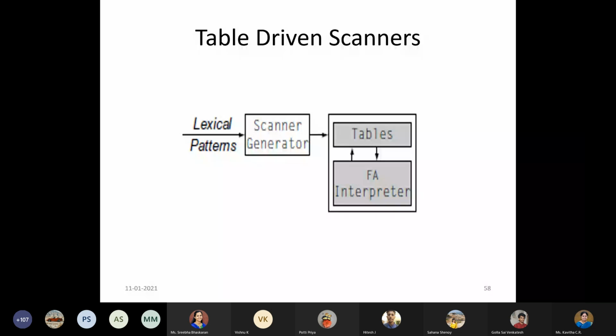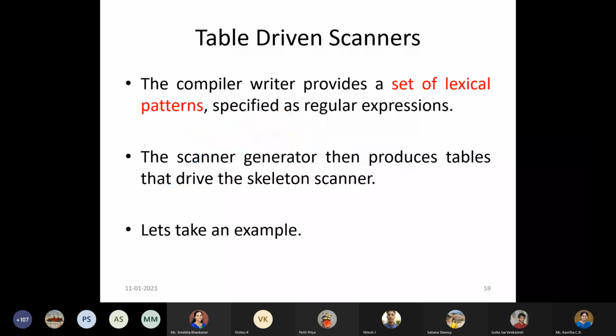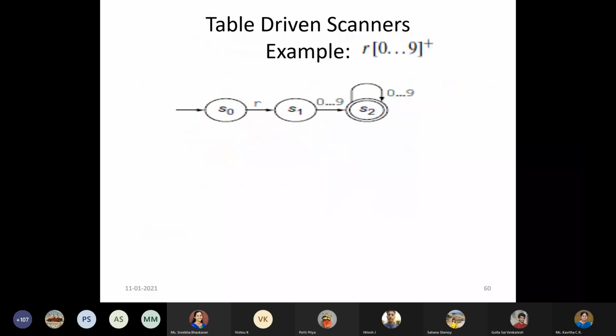In table scanners, we are trying to map the given DFA, based on your transition tables, whatever we generate, and based on that we are going to generate the code for it. Okay. So if you take up this example, it is for recognizing the registers for any infinite number of numbers. For this particular DFA, if you are expecting equivalent code, how would it have been generated?